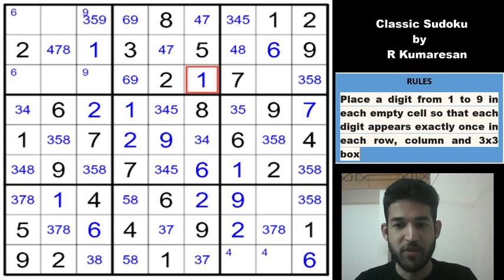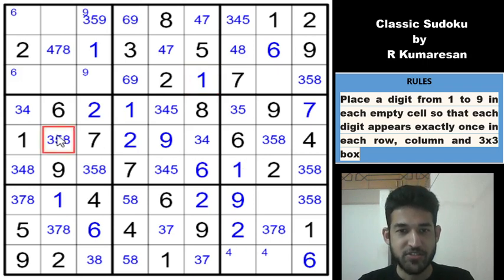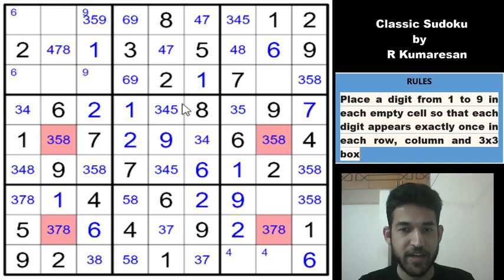Okay, so at this point we have an X-wing in the grid, guys. So I'll show it in highlighted cells. These cells form the X-wing in a rectangular pattern. If you look at row 5 and row 8, 8 has only 2 cells in row 5, that is row 5 column 2 and row 5 column 8. And similarly, 8 has only 2 cells in row 8, column 2 and row 8 column 8, which means that